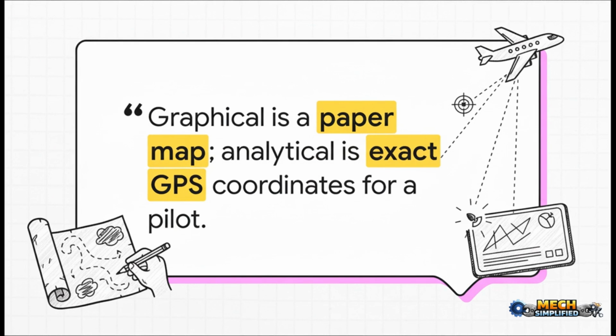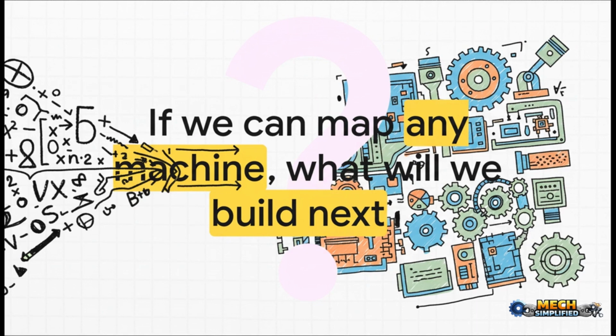You know, the source material puts it perfectly with this analogy. It says the old graphical method is like drawing a line on a paper map. Yeah, it gets you in the ballpark, but one shaky hand could lead to disaster. The analytical method, on the other hand, is like giving a pilot the exact GPS coordinates. It's precise, it's reliable, and it's the bedrock of modern engineering. And all this leaves us with a pretty fascinating final thought. We now have a mathematical key that can unlock the exact behavior of any machine we can possibly dream up. So the only question left is, with this power of perfect prediction at our fingertips, what incredible new machines